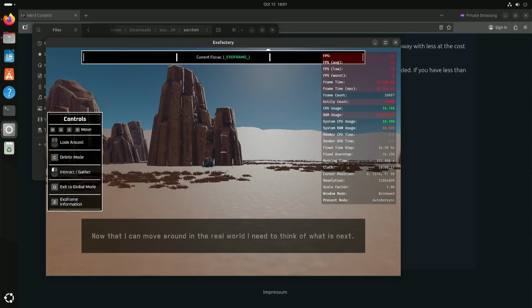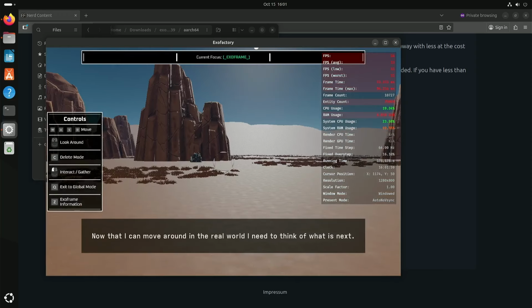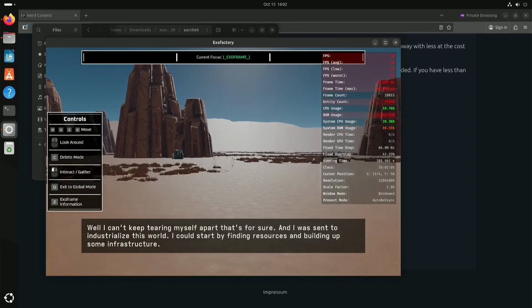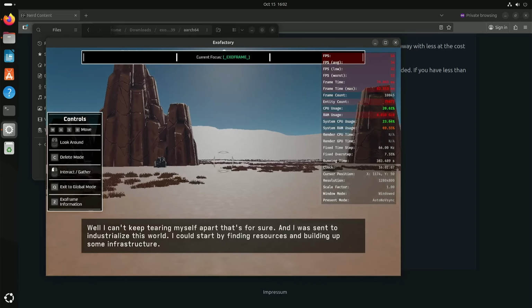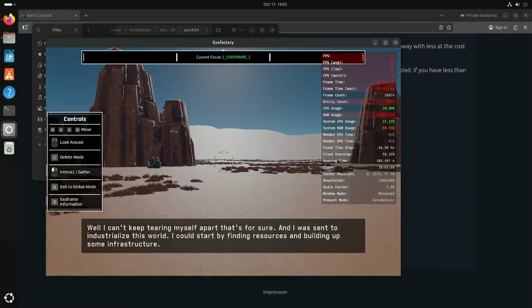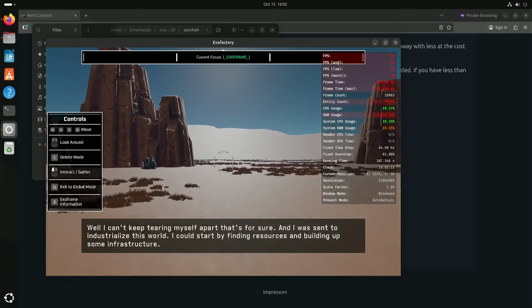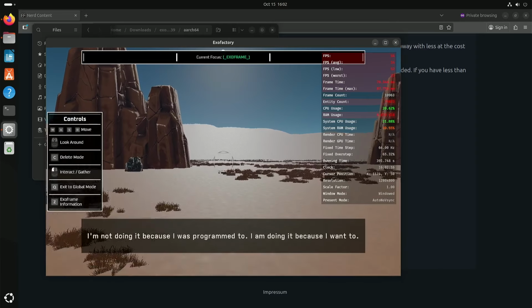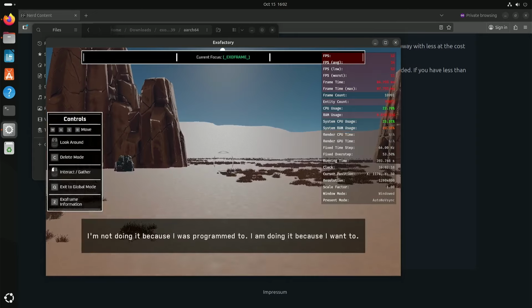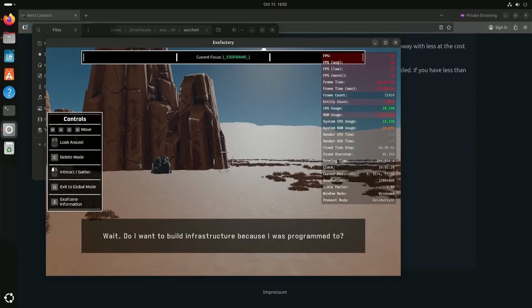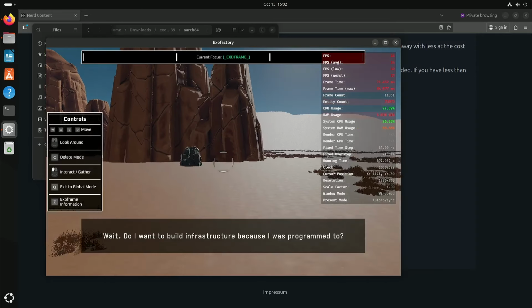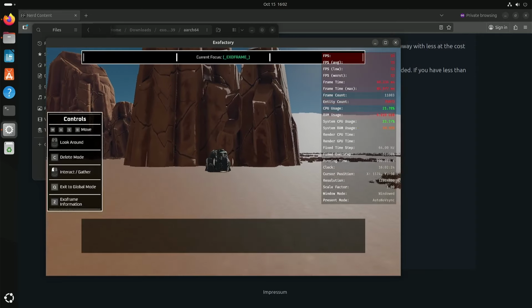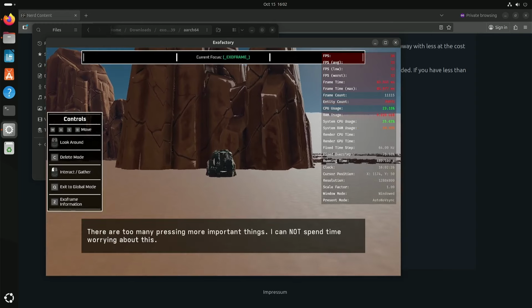Now that I can move around in the real world, I need to think of what is next. Well, I can't keep tearing myself apart, that's for sure. And I was sent to industrialize this world. I could start by finding resources and building up some infrastructure. I'm not doing it because I was programmed to. I am doing it because I want to. Wait, do I want to build infrastructure because I was programmed to? There are too many pressing more